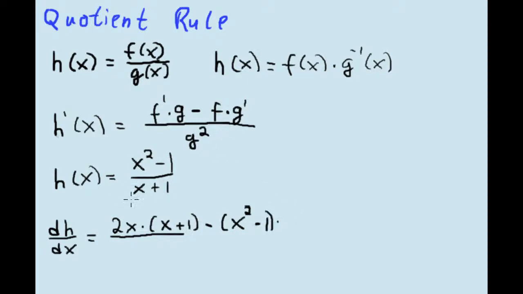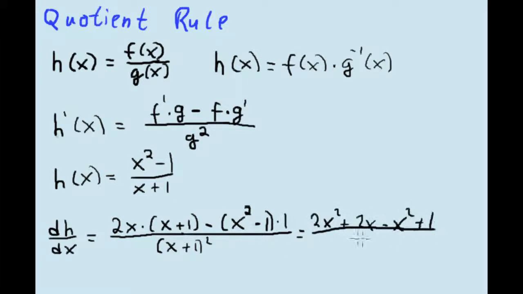Now what is g prime? It's d/dx of that term. The plus 1 falls away, it's a constant, and the slope here is just a 1, so this is a 1. This whole fraction is divided by g squared, which is just x plus 1 squared. Now the numerator will be 2x squared plus 2x minus x squared minus minus 1, divided by x plus 1 squared. And now we see that the numerator becomes a simpler expression, namely x squared plus 2x plus 1